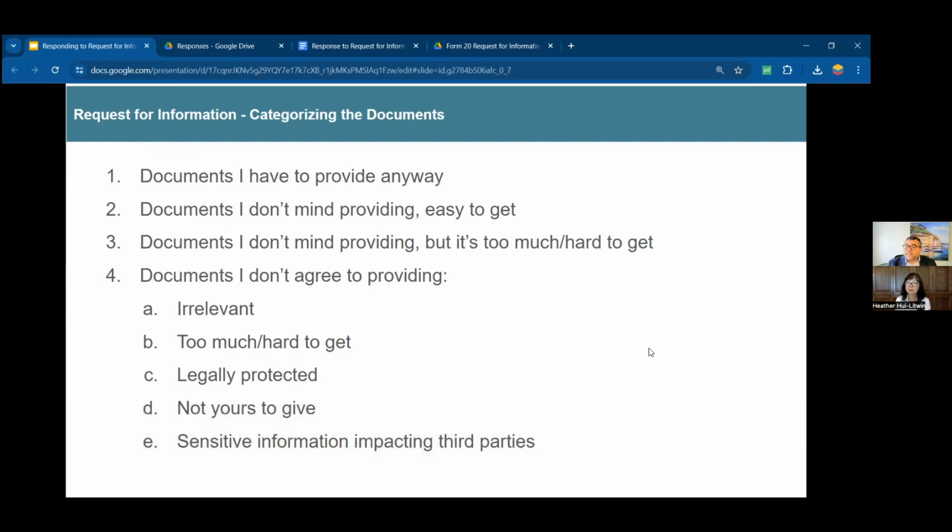But there is a list of things that you have to provide, whether you like it or not. And that's probably part of the problem. Some people do not want to provide things, and many people just don't know what they're supposed to. But that too should not need to be asked by the other side. You have to provide that anyway.